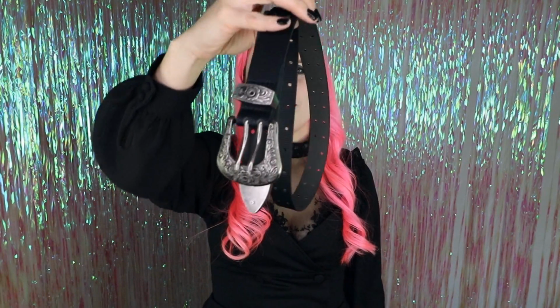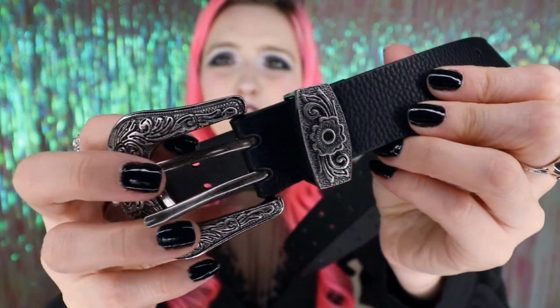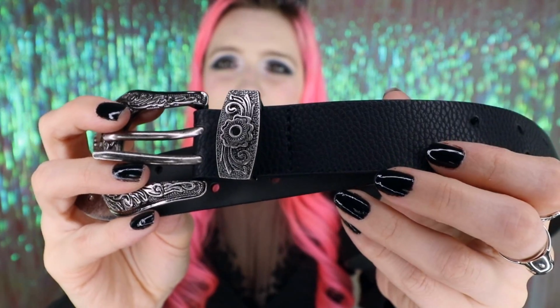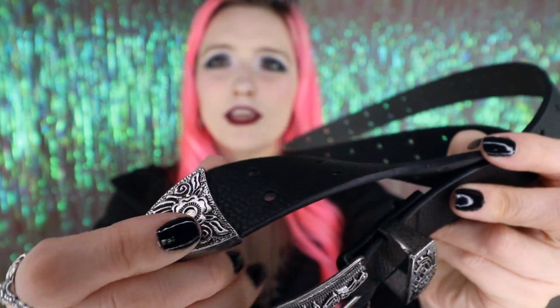So this one's kind of boring. As I was gathering up stuff, I was thinking, they're gonna think this is the most boring monthly favorites ever. But I got this belt I really like from Target, and I love this so much. I never really wore belts before, and I decided it was time to start wearing them. So I got this one, and it has this really cool